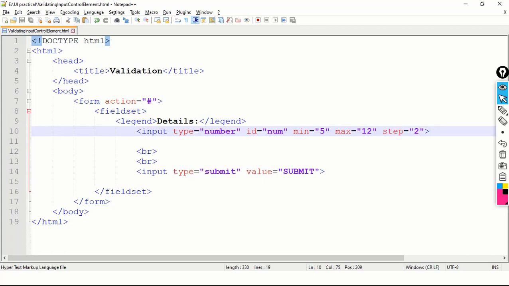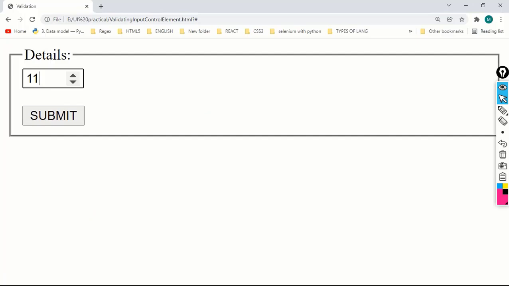Suppose if I mention it 3, then what will happen? Save the code, refresh. Here is our minimum range 5, then up arrow, directly 8, not even 7. 6 and 7 both are excluded, directly the third step 8. Again 8, 9, 10 and 11, directly jumping to the 11th step.